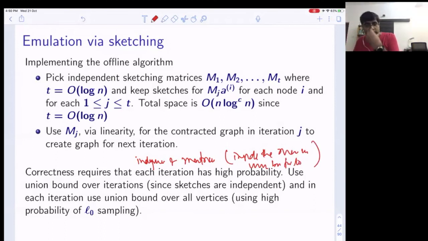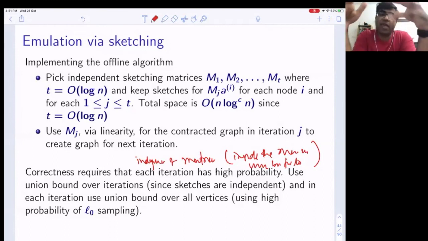This is why we can say that at the end of this whole operation, we are able to output, if there is a spanning tree in my graph, with very high probability. So the algorithm is very simple. For each vertex, we have order log n sketches. Each round, each vertex uses different sketches. The way to construct these objects is that you construct these randomized data structures proportional to the number of queries you might ask.